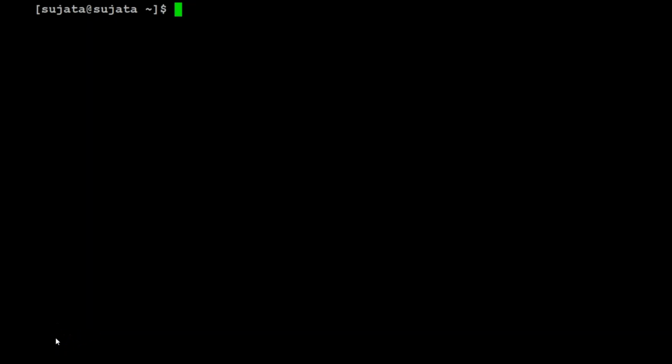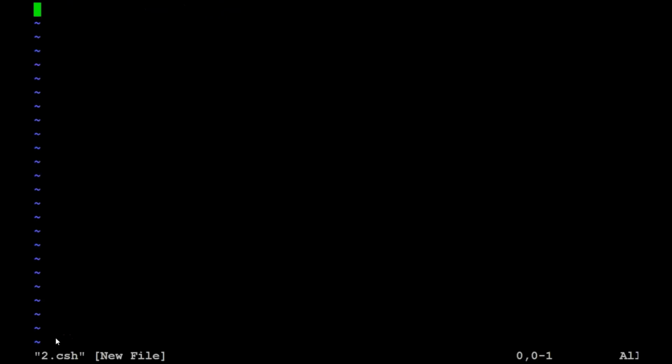Hello, welcome to the demo. Let us look at another example of if-then-else decision-making structure. vi 2.csh. Let us take the color off. Insert mode, command interpreter. If $argv[1] is pattern matched, equal to tilde, to hello,